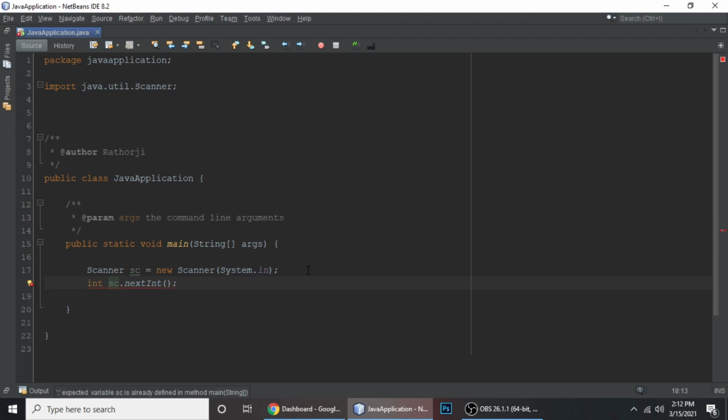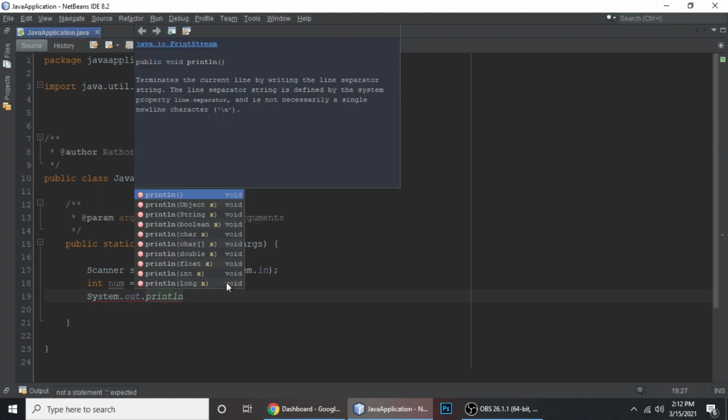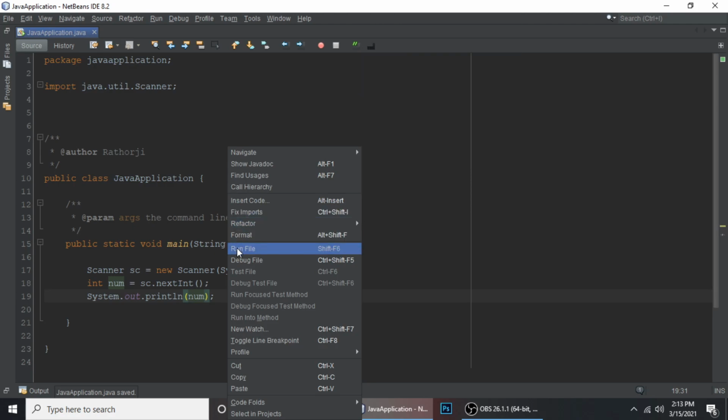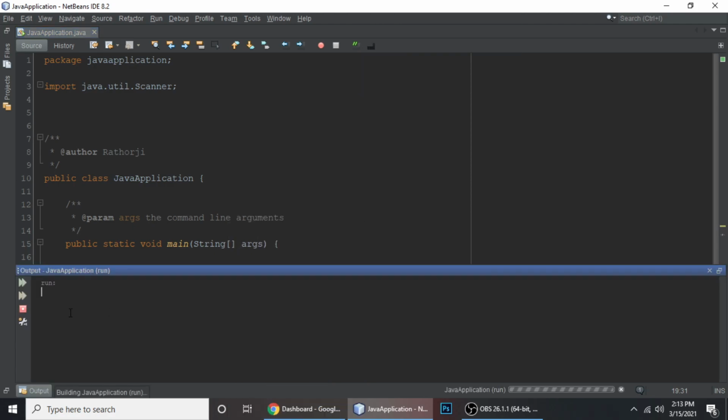So int num, meaning any number. So simply you can System.out.println, and inside this println we can print on the console this number. Control S for save, and when you run this file, let's run the file, and it will ask you,